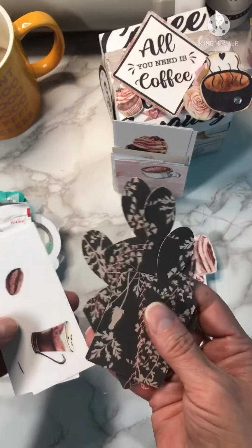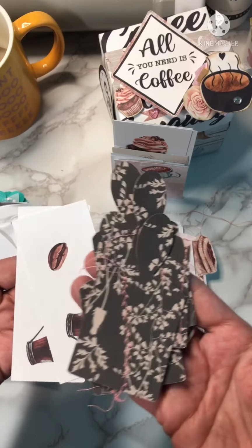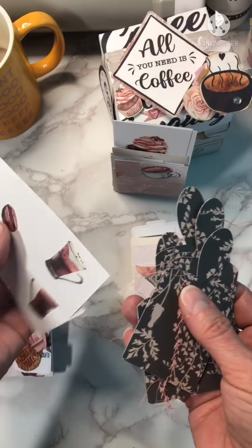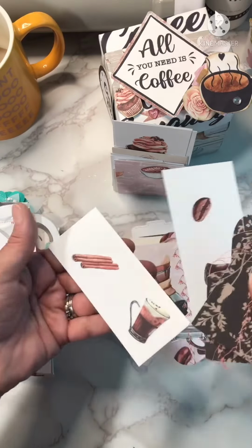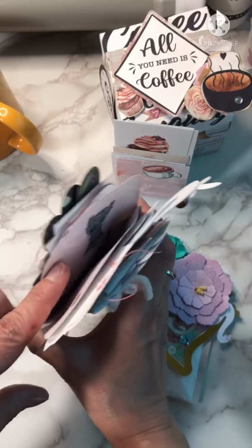So these are from Brittany's BBzKraftZ files. She has these SVGs in her Etsy. And some more of the cut aparts. Okay, and then in the center pocket,